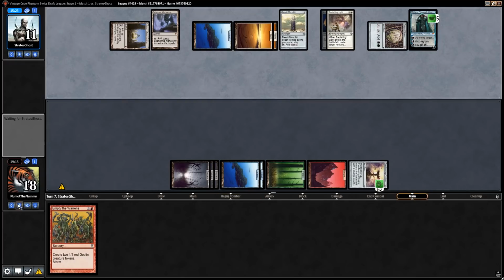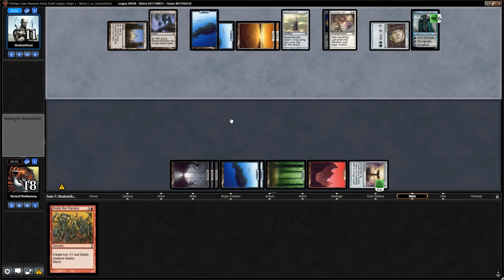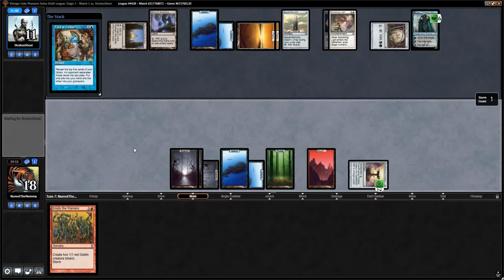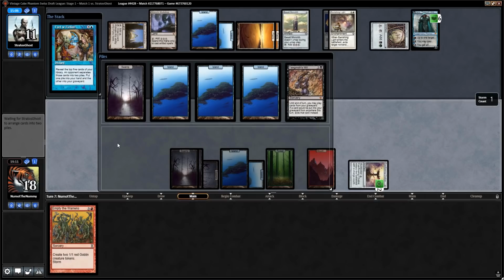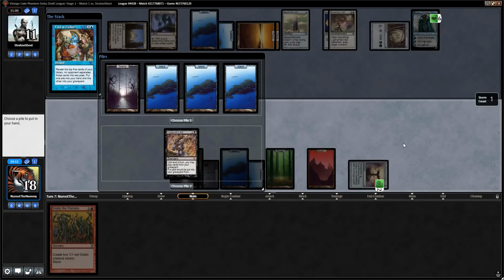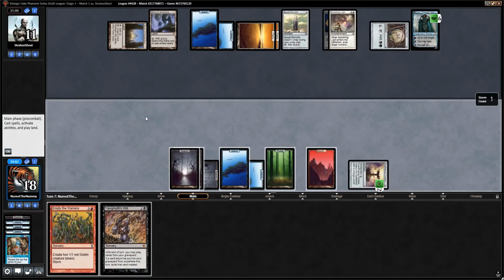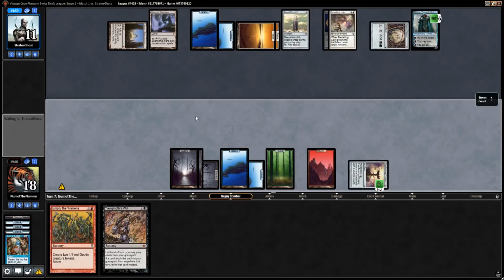Empty the Warrens. Okay. Well, maybe I can draw something and kind of rebuild with that. Maybe I draw Fact or Fiction or something. I also discarded that counterspell, so it's good news for me. Oh, what card did I say? Did I say Fact or Fiction? Because I think I just found a Fact or Fiction. Whoa, dude! This is not the Fact or Fiction we were looking for. Alright, we're going to choose that pile. Wow, what a... Well, I mean, I'm glad I went through all those cards, but...